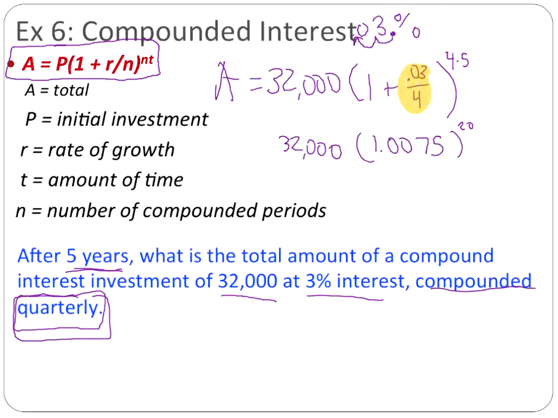Okay, so out of what I have left right here, who thinks they know what I would type in my calculator first? Which portion of my problem? What do we think? Because I can't do 32,000 first, right? Alex, what do you think? Yeah, I can't do the 32,000 first in my calculator. What parts do I need to do first, June? You type in your